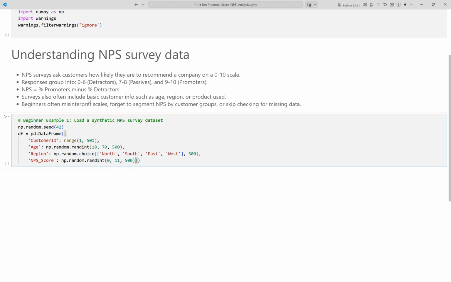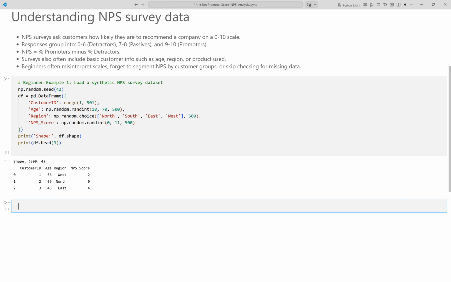NPS_score shows the customer's 0 to 10 likelihood to recommend. We print the dataset size for a quick check. We preview the first 3 rows to validate structure. Running the cell now. This output shows the loaded synthetic NPS survey dataset with 500 rows and 4 columns, customer